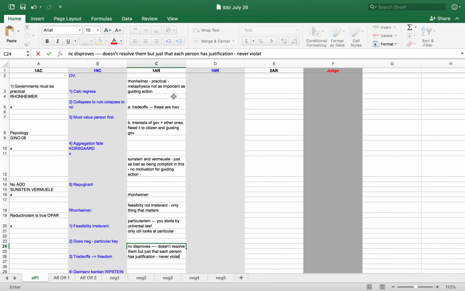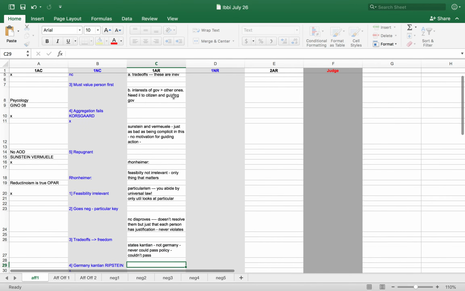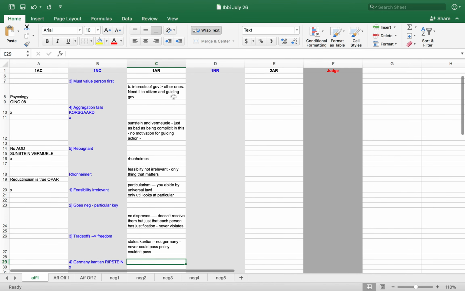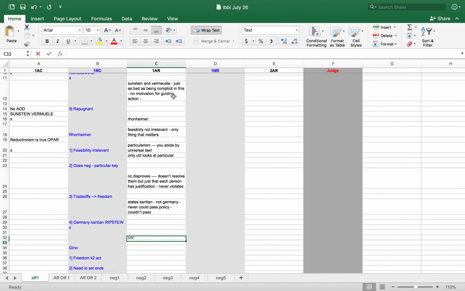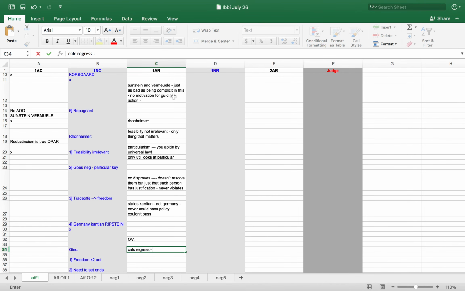You say states can be Kantian, but no, Germany is obviously not a Kantian government, because you would never be able to do things like pass policy or rely on consequences. Which will also mean that insofar as Germany isn't just a Kantian framework, it would definitely indicate that util is able to abide by things like Kantian notions and standards. Only over yourself. You say calculative regress, but A-point, it's not warranted, and B-point, this turns because the only way we can ever guide action is through utilitarianism.